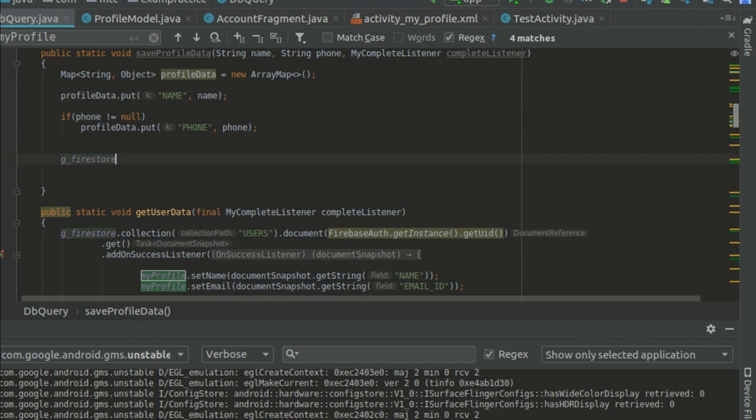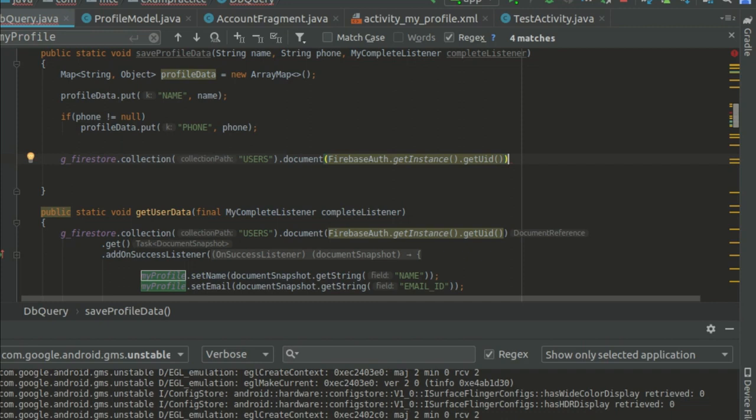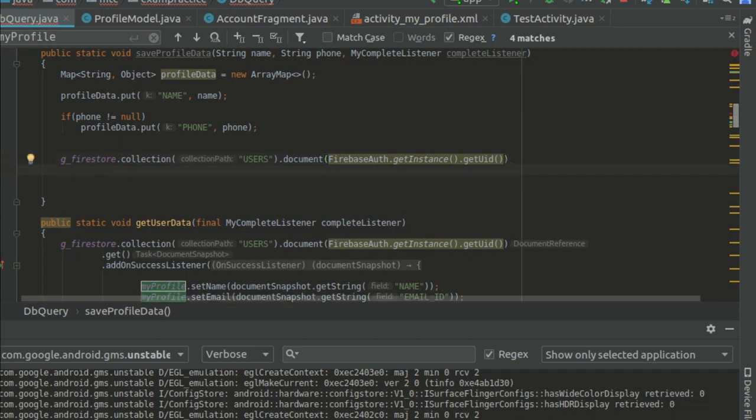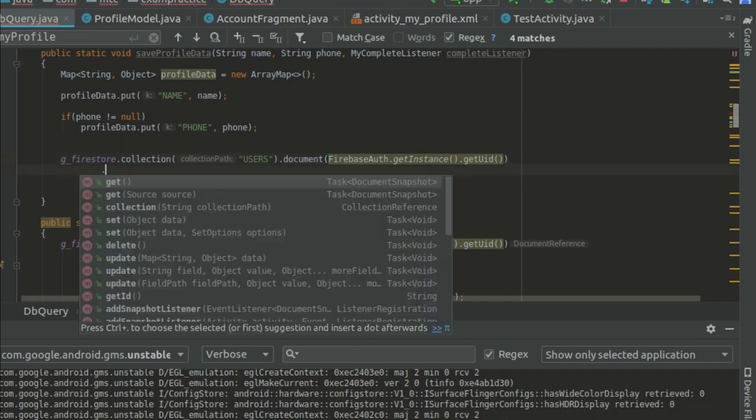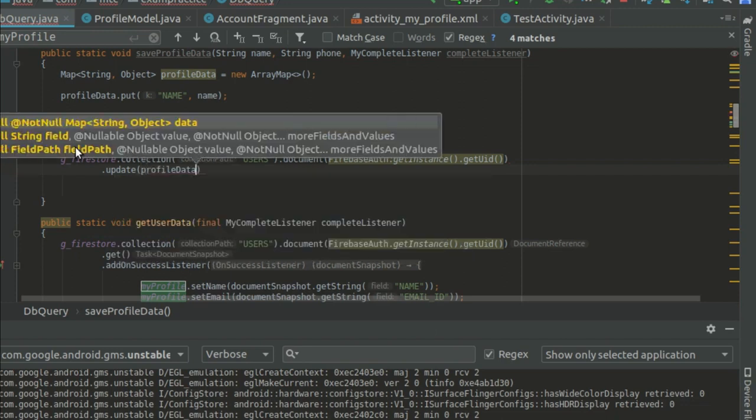So FirebaseFirestore dot collection is USERS in capitals, and then dot document, and our document is the user document. The document name is FirebaseAuth dot getInstance dot getUid. This is the document name. Then we will update this document, dot update, profile data,